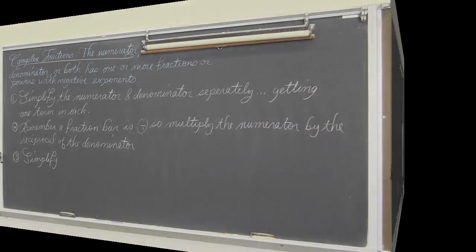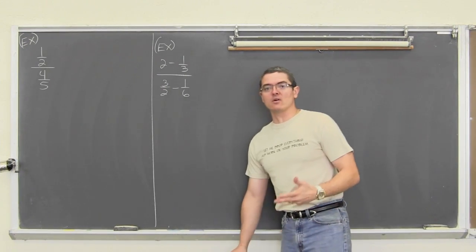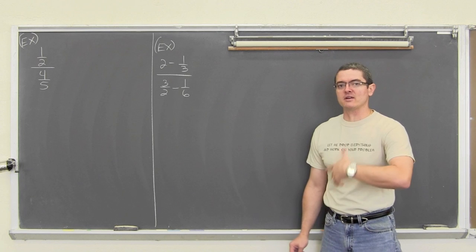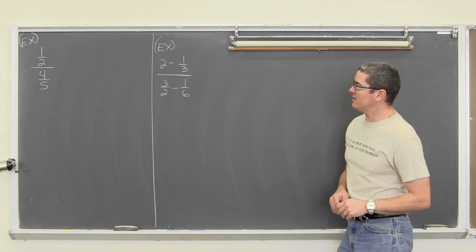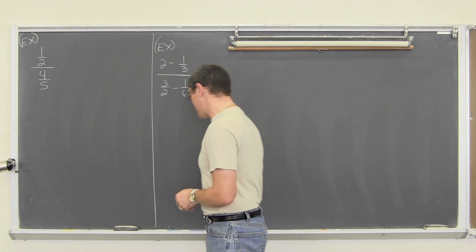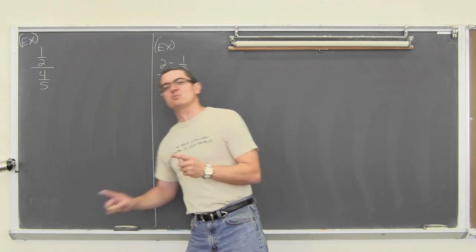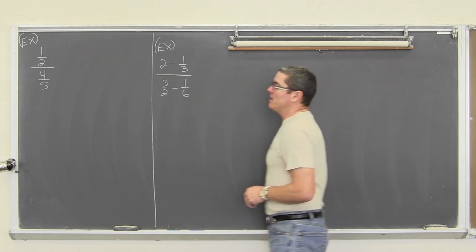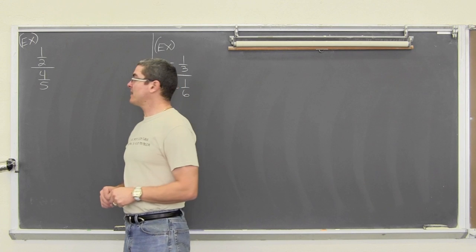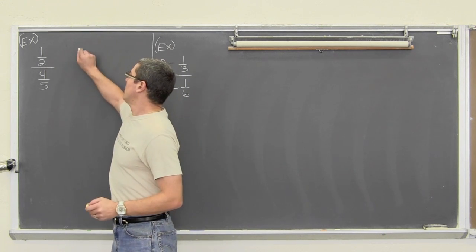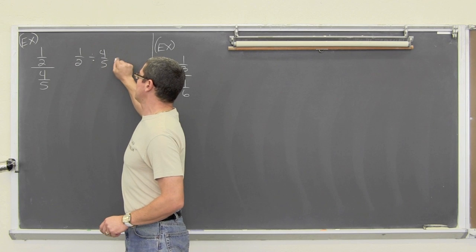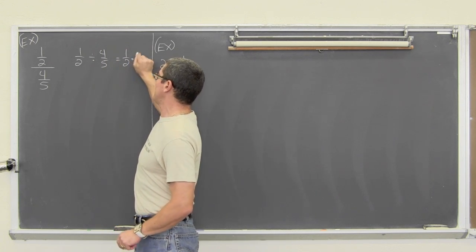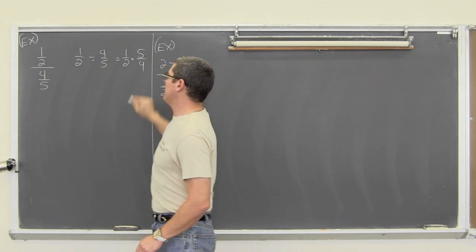The first 2 examples are numerical, just to make sure that you're comfortable with fractions, and if not, dust off the skills you need for those, and give you some examples you can type into your calculator and see, oh, okay, this really does work. We've got 1/2 over 4/5. That is the same as 1/2 divided by 4/5, and that is equal to 1/2 times 5 over 4.